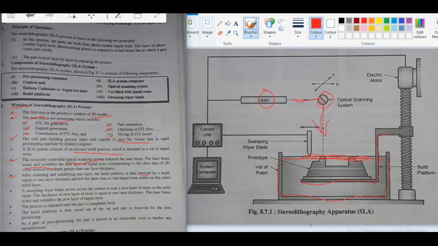And after that friends, this is the next point: after scanning and solidifying one layer, the build platform is then lowered by a depth equal to one layer thickness and left for a short time so that the liquid resin settles on the cured solid layer.